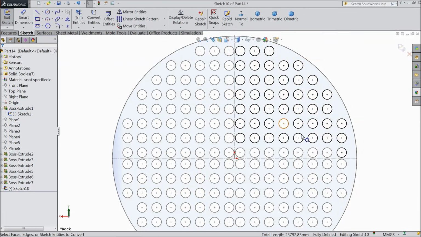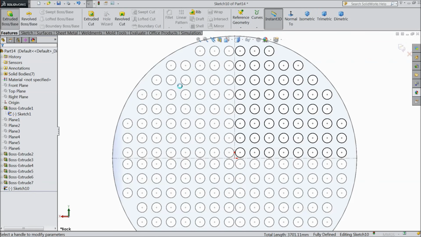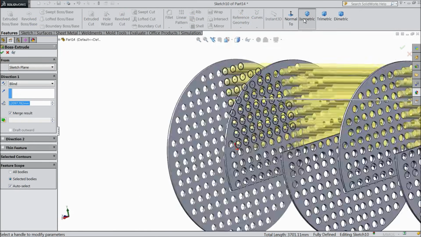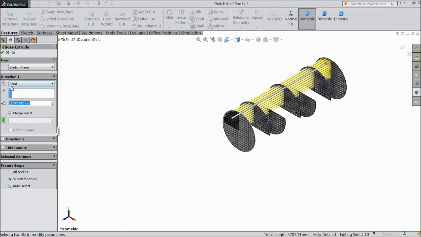Select convert entities. Now a few more circles are balanced. Now select convert entities. Now the quarter circle is selected, convert entities. Now let's extrude it. And extrude up to